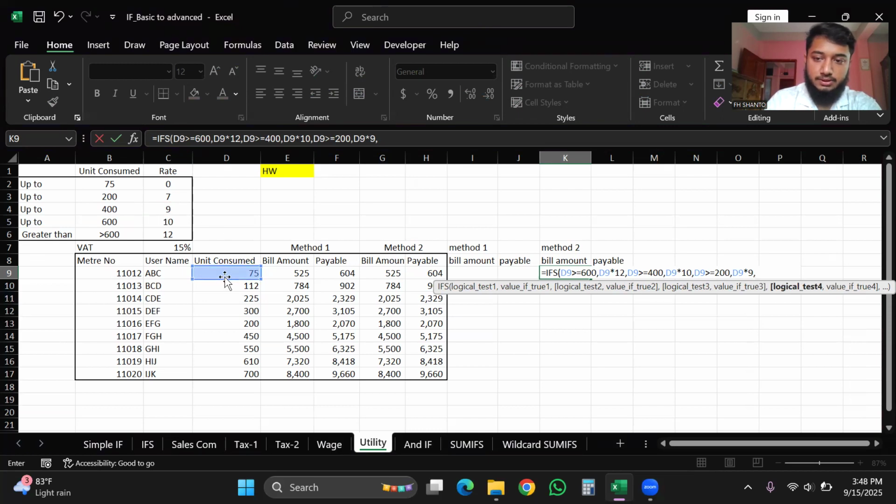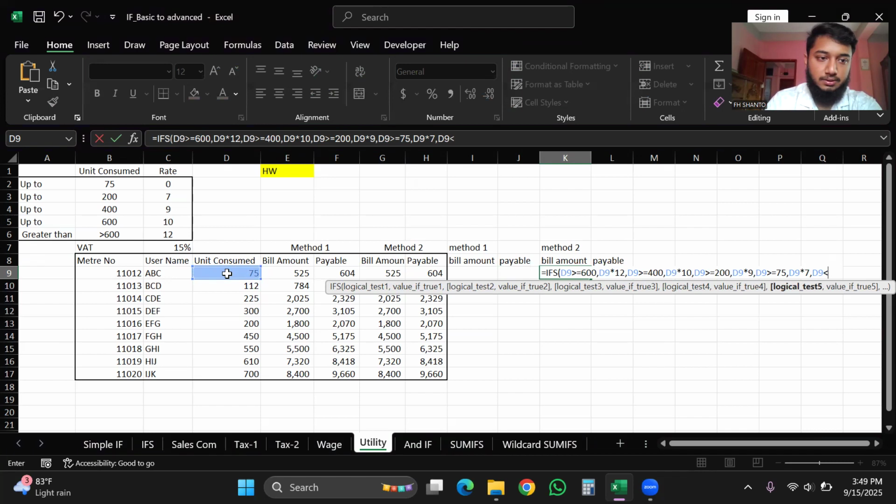That means 75 is greater than or equal to 75, comma, then the rate will be 75 multiplied by 7%, 7, comma, and the rate is less